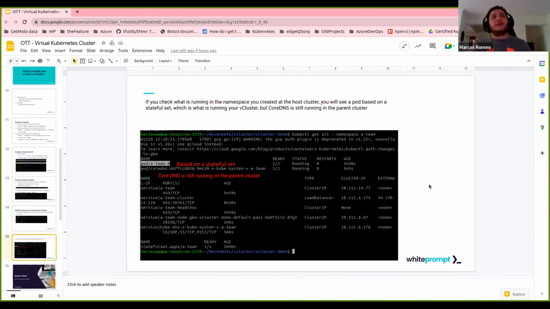And also on the host, when you get everything that is deployed on the namespace that you created for your vCluster to live, you will see a pod, which is actually where the vCluster is living, just the vCluster resources. But then you see that, for example, the CoreDNS, the networking part, is being run on the parent cluster. As I said, all the networking, storage, and pods